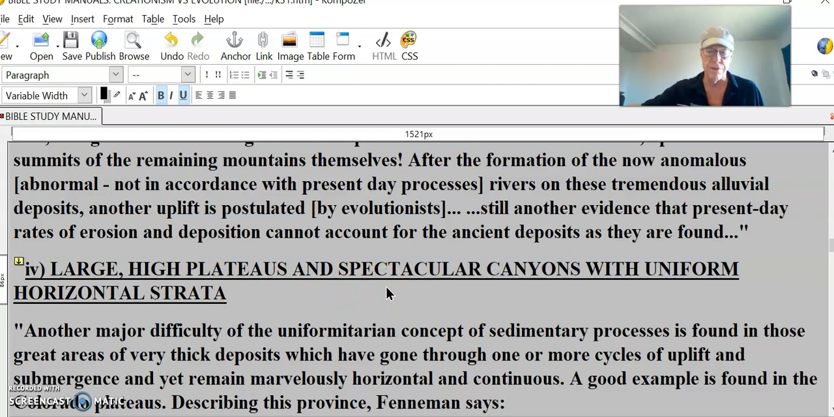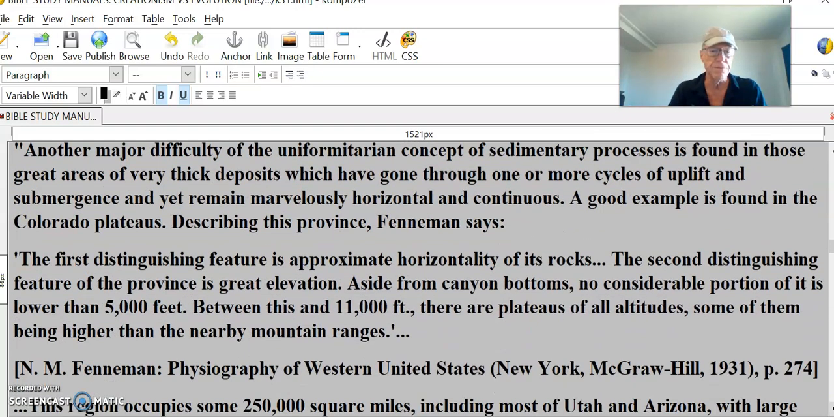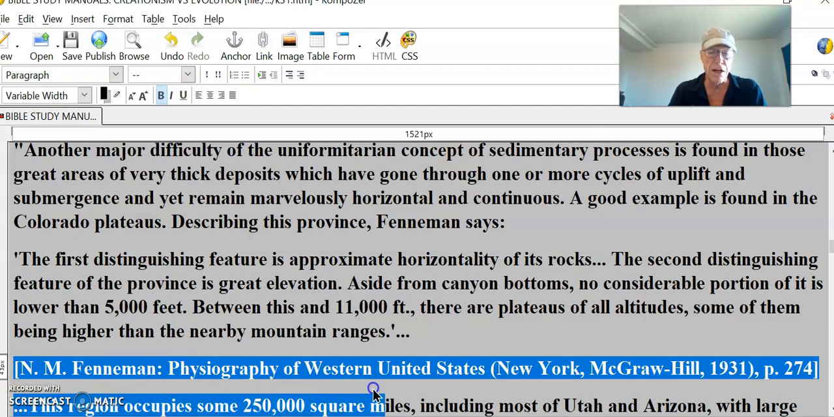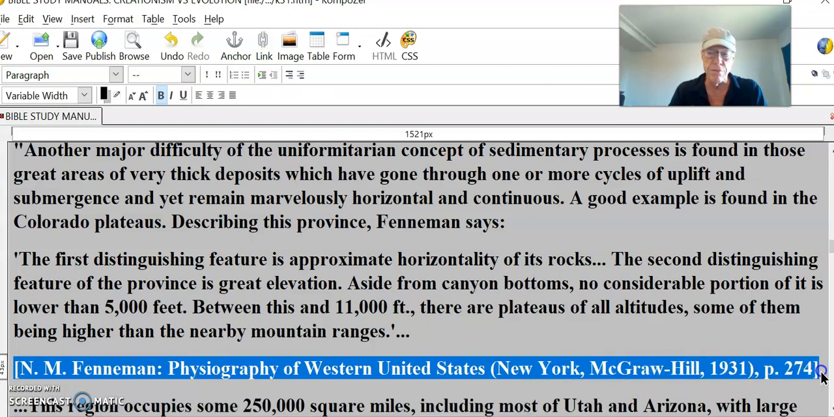Another major difficulty of the uniformitarian concept of sedimentary processes is found in those great areas of very thick deposits, which have gone through one or more cycles of uplift and submergence, and yet remain marvelously horizontal and continuous. A good example is found in the Colorado Plateaus. Describing this province, Fenneman says, that's N.M. Fenneman, Physiography of Western United States, McGraw-Hill textbook,